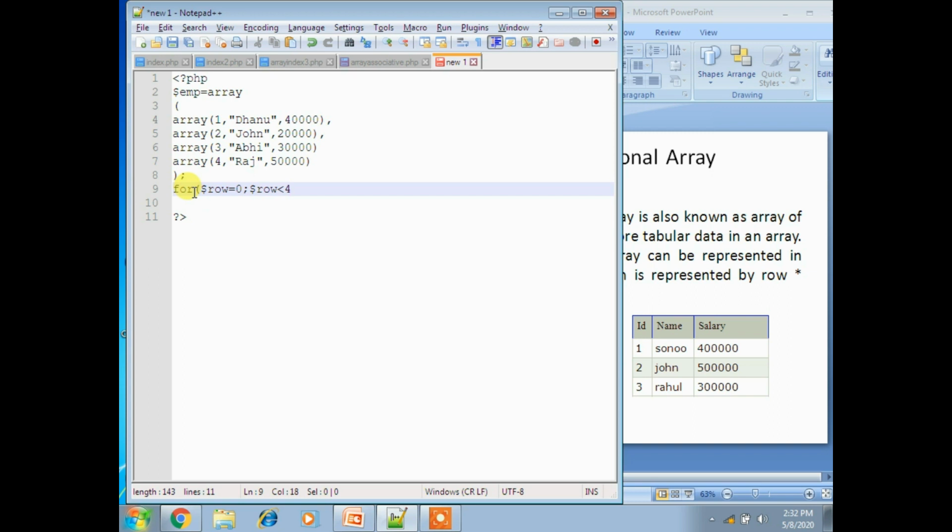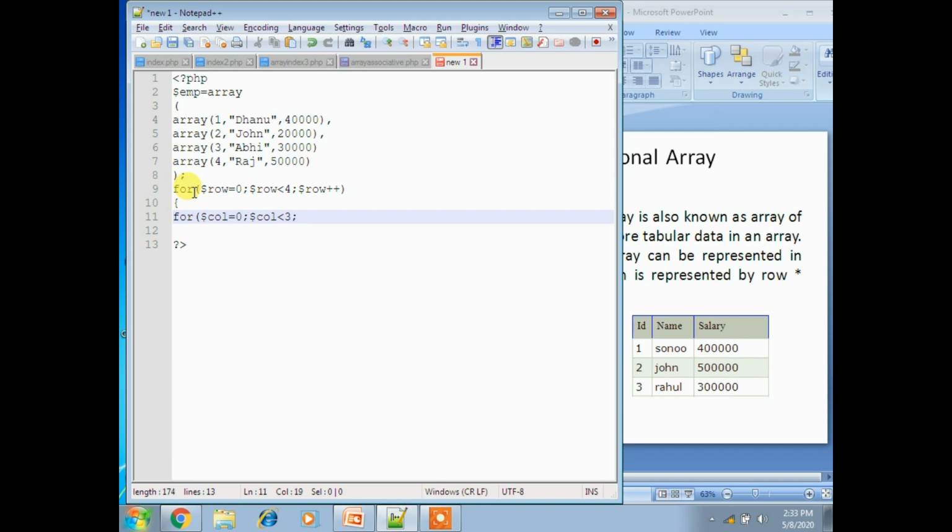So less than or equal to 4, and then row plus plus. Then for column, col equal to 0 and column less than 3.